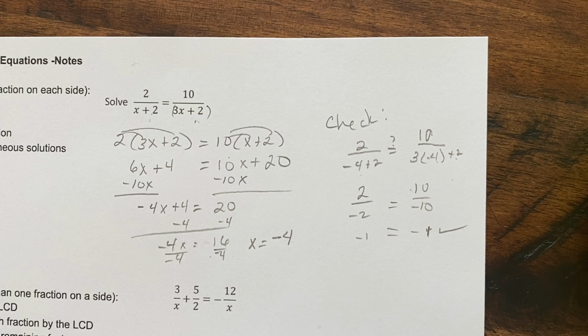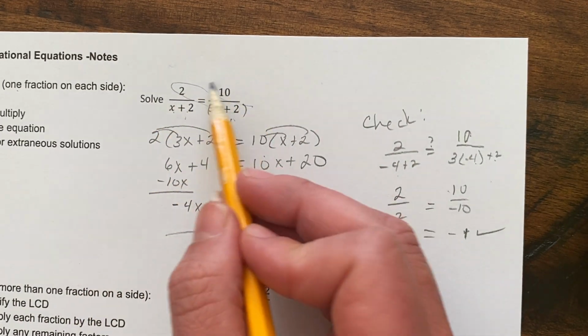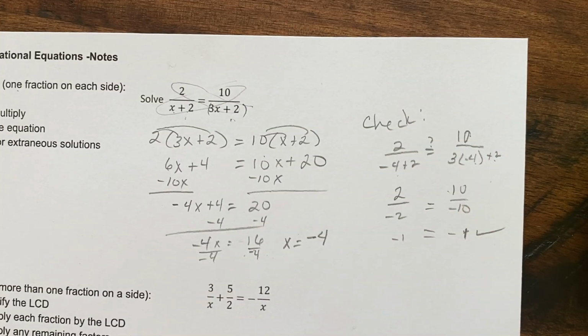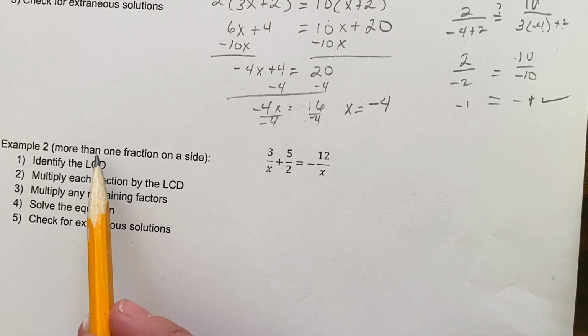All right, so that's our first type. Again, you have one fraction. You just simply take that numerator to denominator, and cross multiply. All right, let's go over our second type, which is when you have more than one fraction